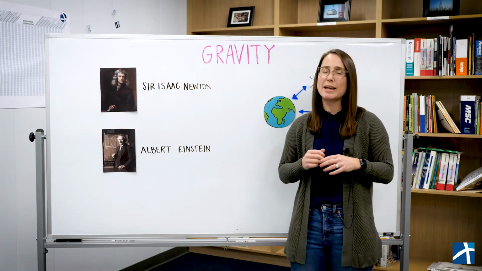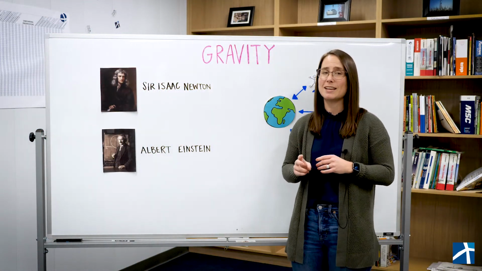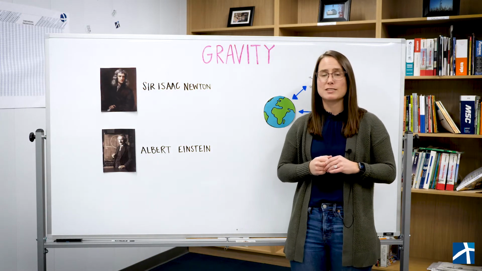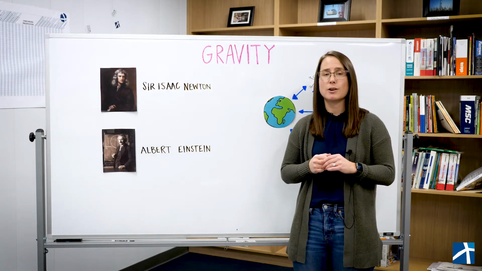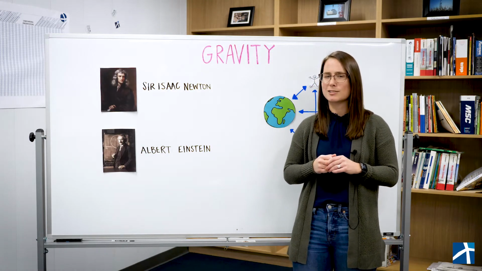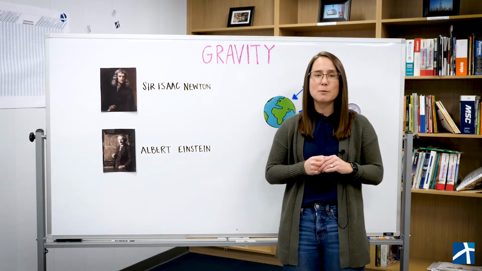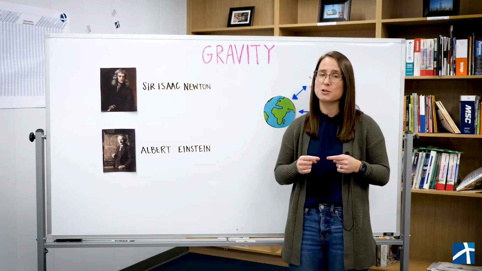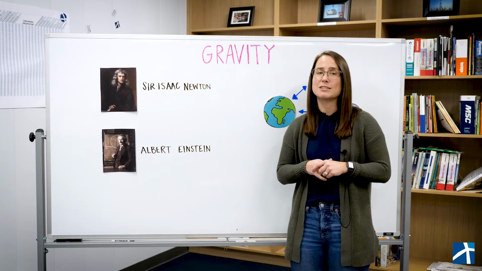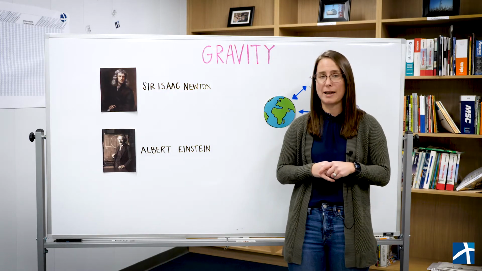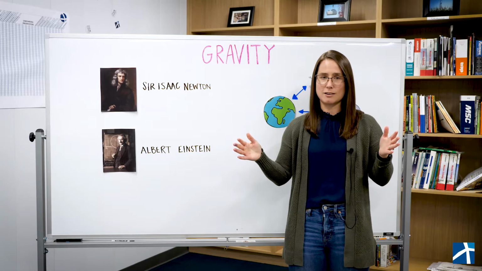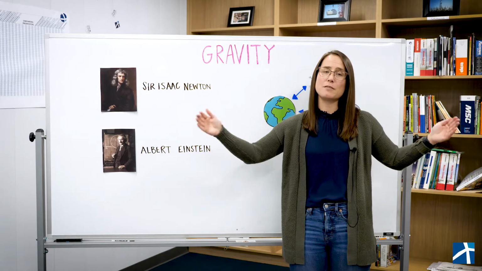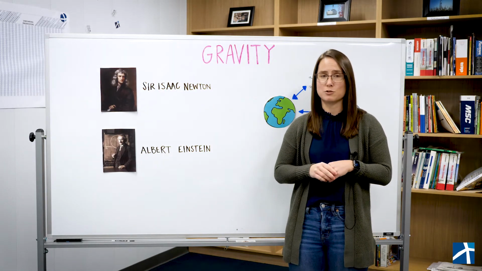To explain gravity, we have to discuss the findings of two great scientists, Albert Einstein and Sir Isaac Newton. In the 17th century, Sir Isaac Newton discovered that all objects with mass tend to attract other objects with mass along a line intersecting the two objects. He figured out that how much gravitational force is pulling the two objects together is inversely related to the square of the distance between the two objects of mass. That means the further apart the objects are, the weaker the gravitational force is between them. Objects twice as far apart have a gravitational force that is 1/4 as strong.